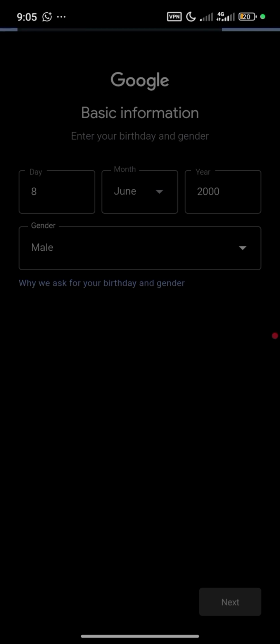So I'm just going to wait for it to load. Now this is 100% legit, so there's no illegal stuff here. You're just creating a Gmail account, making your location to be in the UK, so that you can be allowed to download the app from Play Store. All right, so let's just wait for it to load,